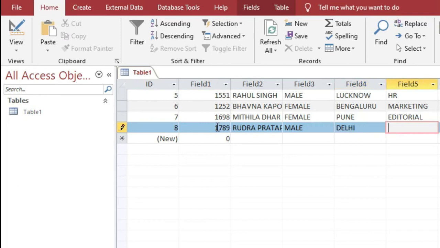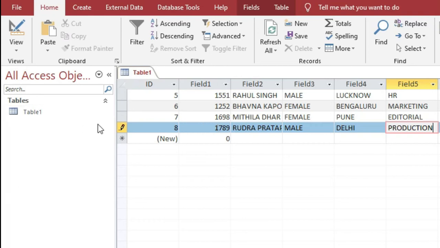Okay, and at last it is like that. So okay, so now entering, already entered the records, so the screen will look like that way.